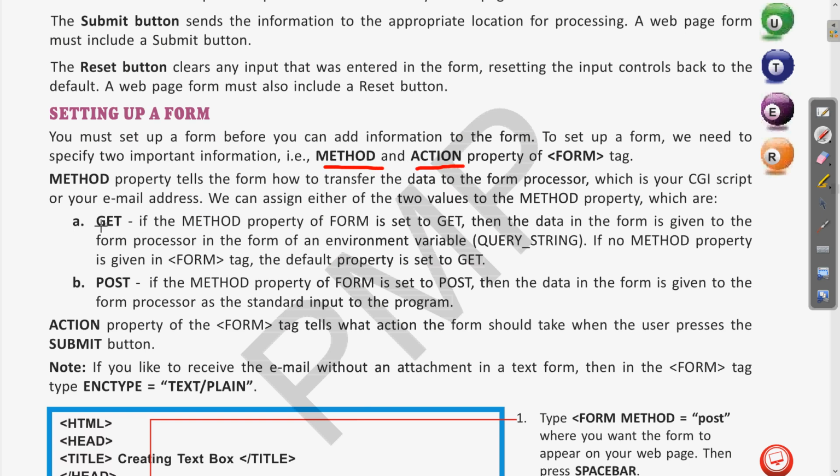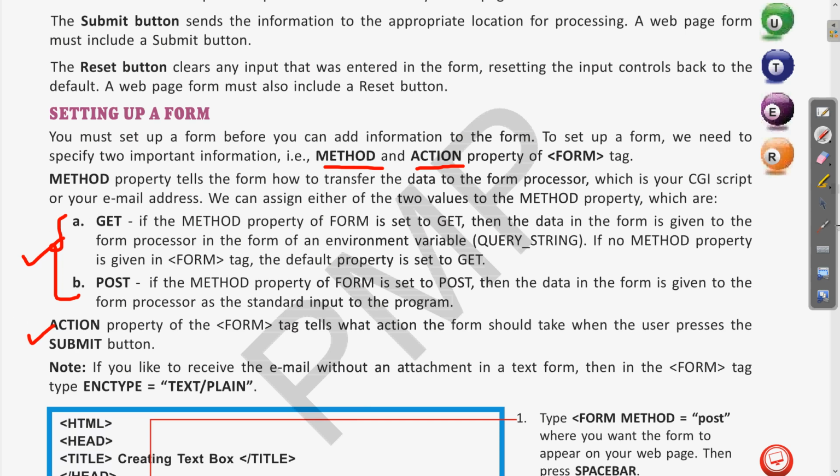There are two ways in which you can specify the method in the form, and action is what happens with the submit button which we were talking about. After you click on the submit button or the reset button, these actions can be specified in the action attribute. Clear? So these are the two important parts of the form, method and action.